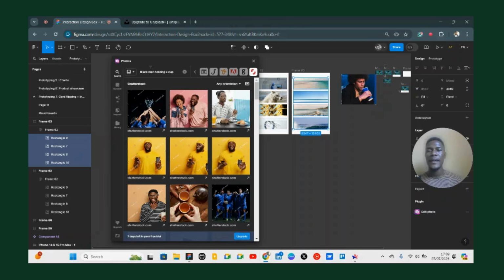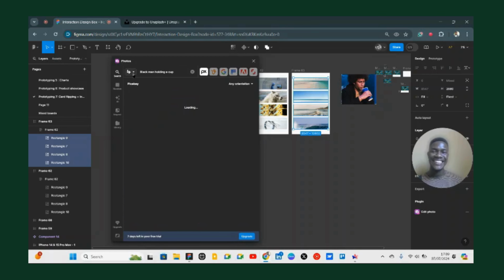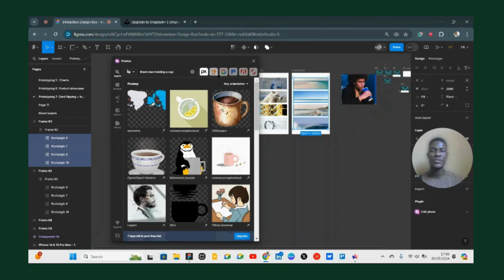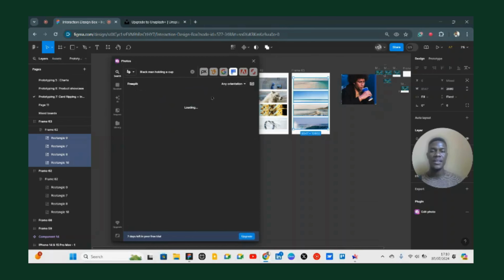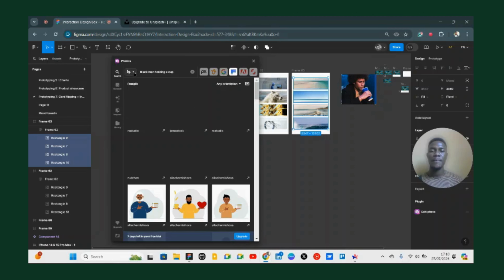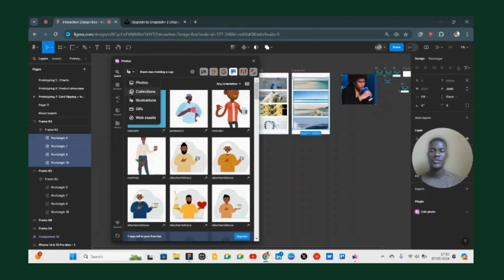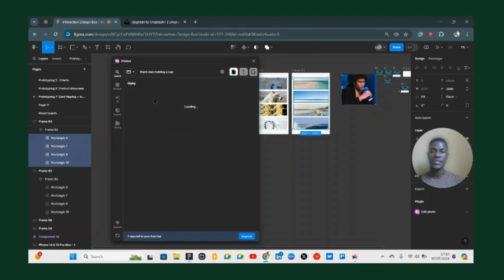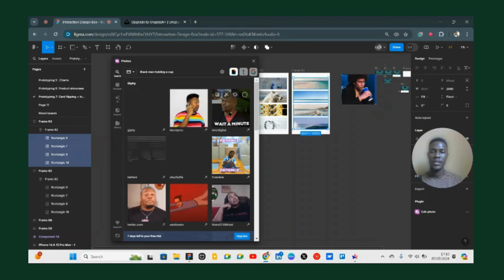So, yeah, check this out. Try and see how you can use it. One other thing I forgot to say is you could actually do illustrations as well. You could do GIFs. So it's not just a photo image. You could actually do illustrations from all of this, from Freepik, from all the different sources. You could do GIFs, Giphy, you know,